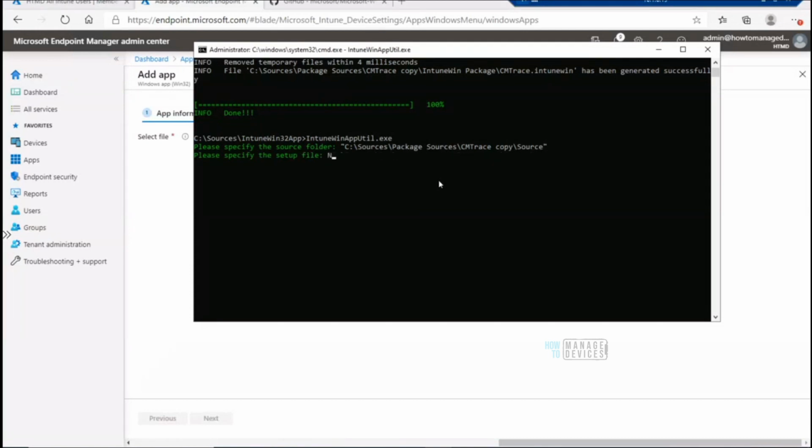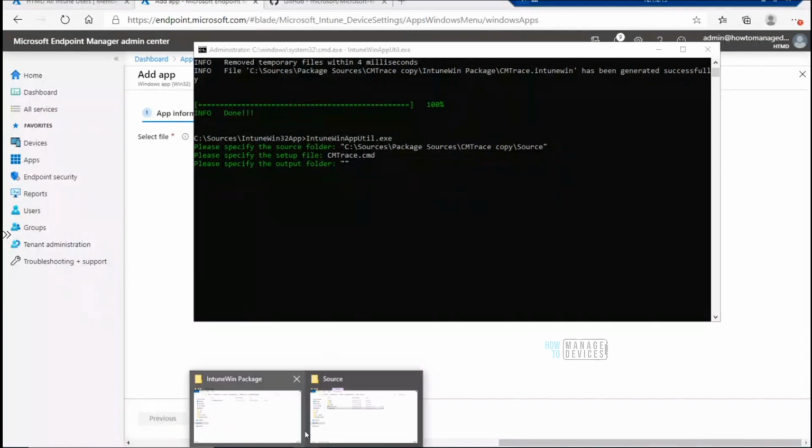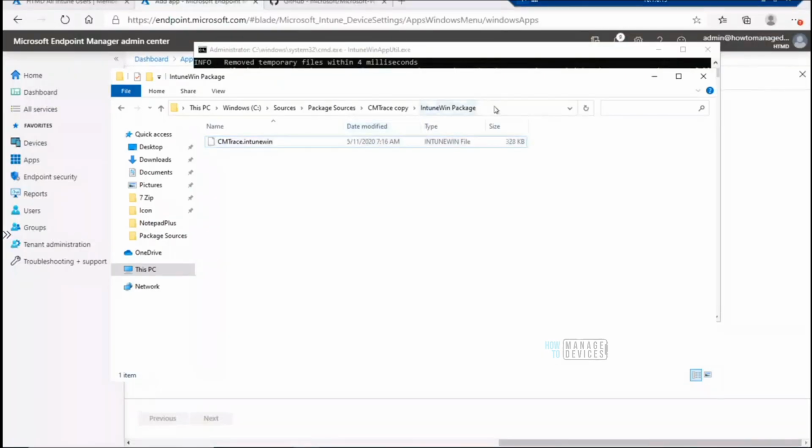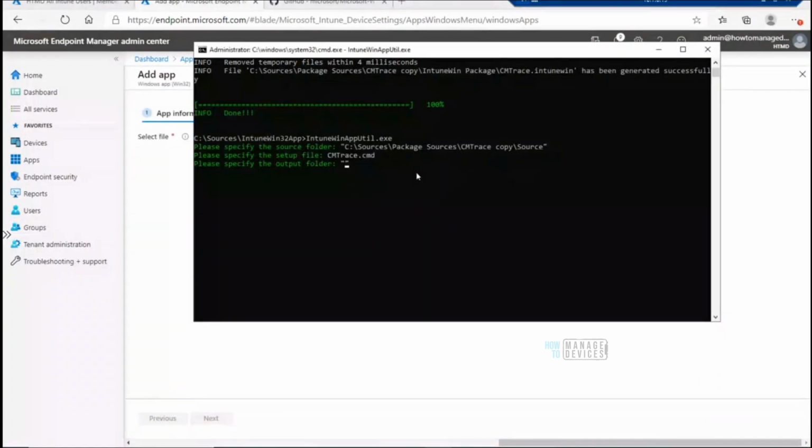CM trace CMD. Let me copy paste it rather than wasting our time. Let me go back to this folder and paste it over here.